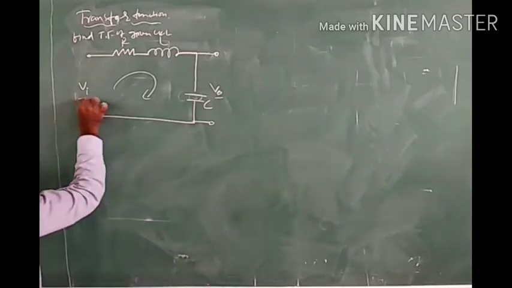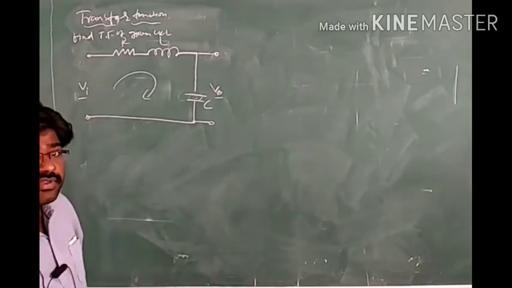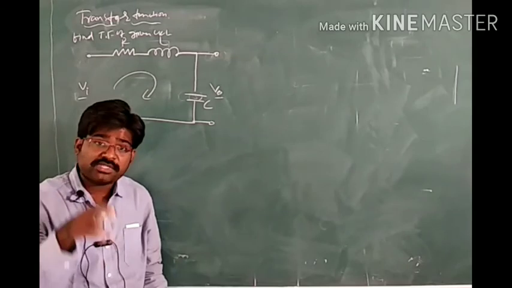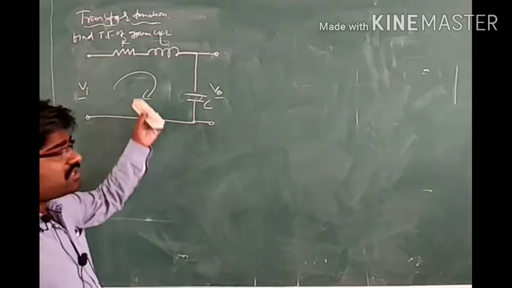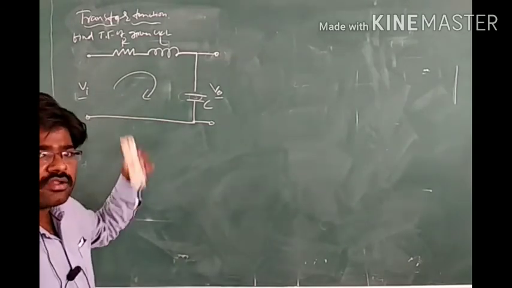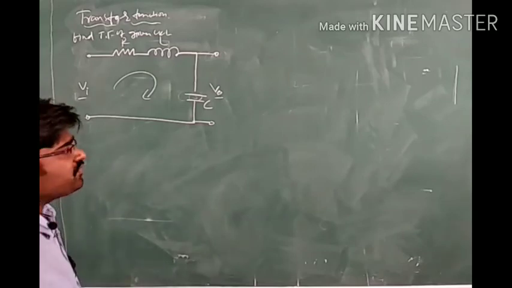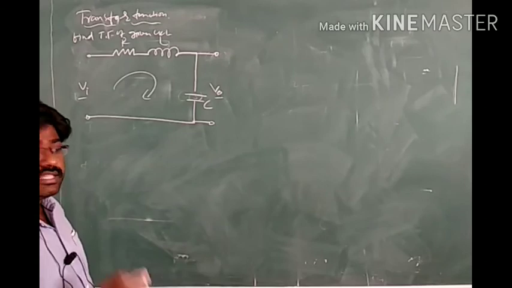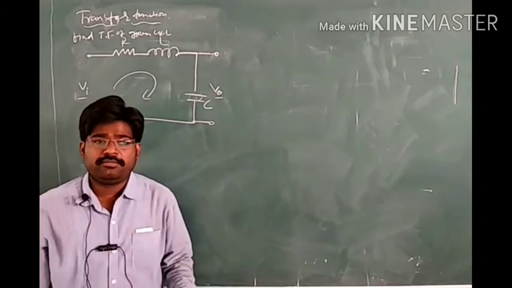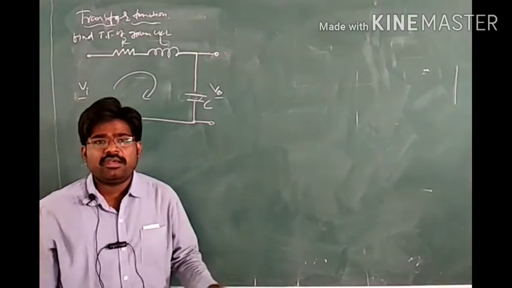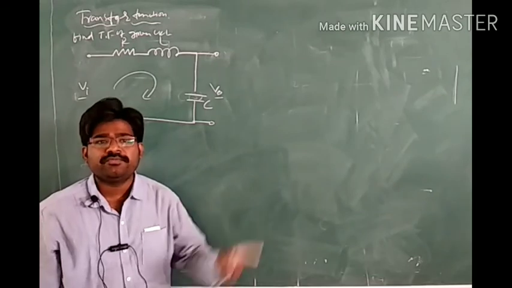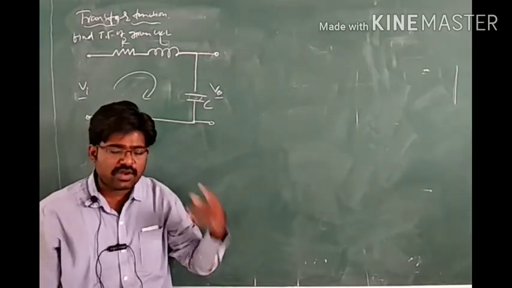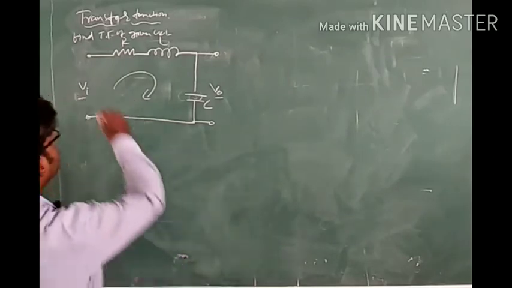Okay, so this is in time domain. We have to write the equations in frequency domain, because transfer function can be defined or represented in frequency domain only. First write the equations in time domain. Later on, using Laplace transformation, convert them into frequency domain, then find out the transfer function finally. These are the steps we have to remember very carefully. Whenever they ask you to find the transfer function, remember that it is always in frequency domain. Always we have to write the Laplace transformations.